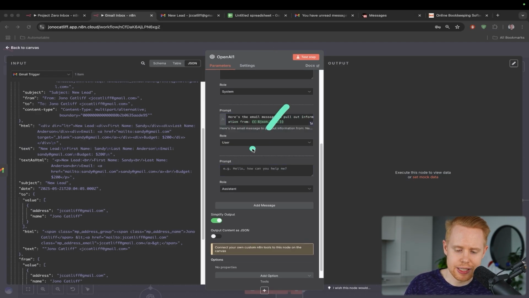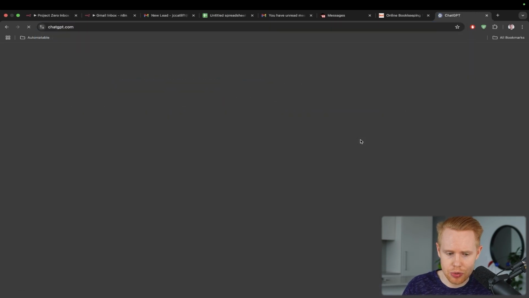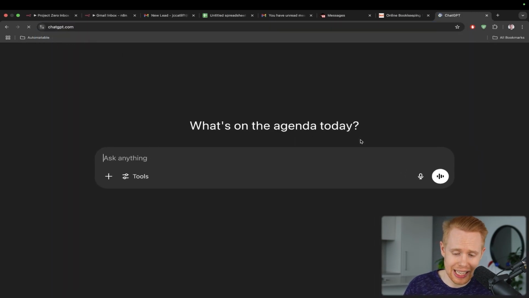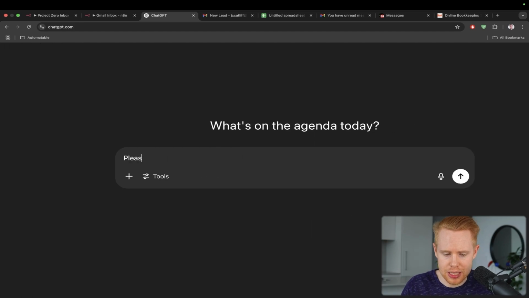Perfect. Now, this is the tricky part. This is the most important thing. We need to identify JSON data. How we do that is, if you're not familiar with JSON data, no worries, you don't have to code it. You just have to go to ChatGPT, and we're going to ask ChatGPT to create us this JSON data. And so how we ask it to do this is we're going to say, please generate me sample JSON data